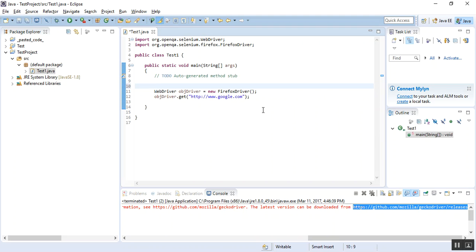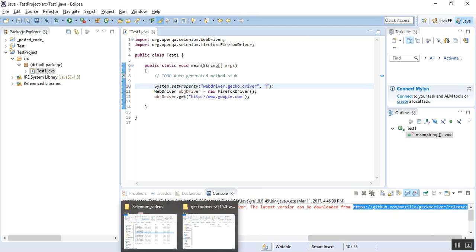So how to do this? There is only one line of code which is required. It is very simple. I'll just show you what is required over here. The statement goes like this: System.setProperty, webdriver.gecko.driver. This is the first parameter, and in the second parameter we have to provide the path where we have stored our geckodriver.exe file.